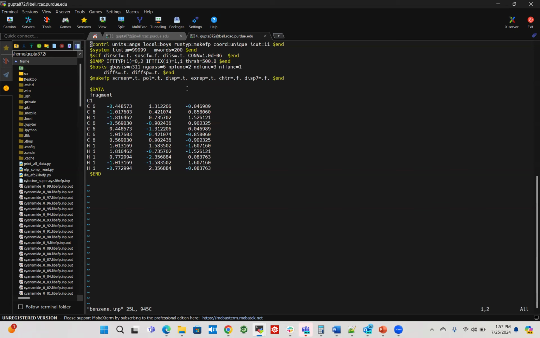So this is what a GAMESS input file would look like when we want to calculate a MAKEFP parameter calculation. So it has what is known as a job control section, which stipulates the units, the type of job that we want to run, what the coordinates are, stuff like that. In the system control section, we stipulate the time limit and the amount of memory that we require, which is